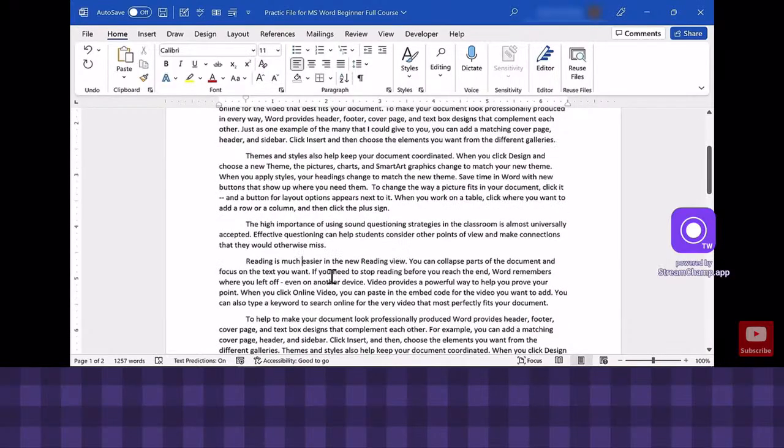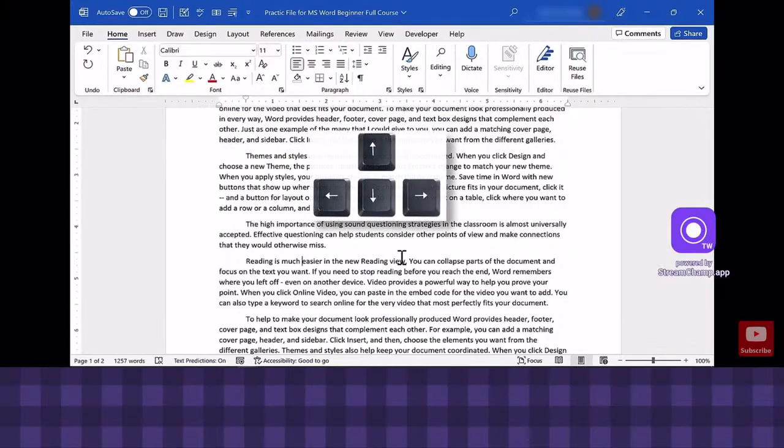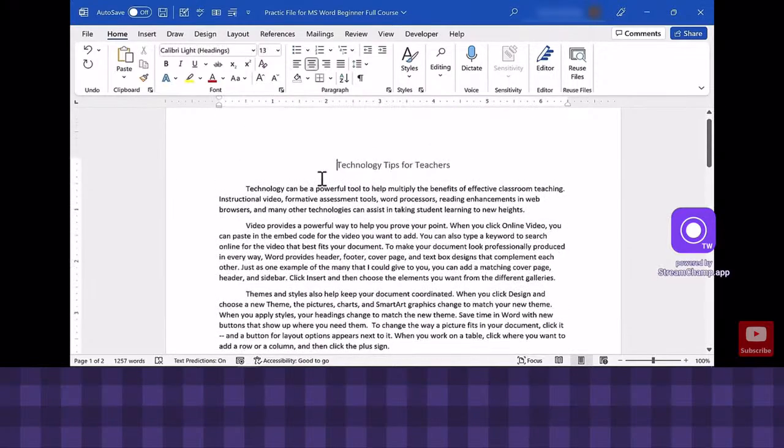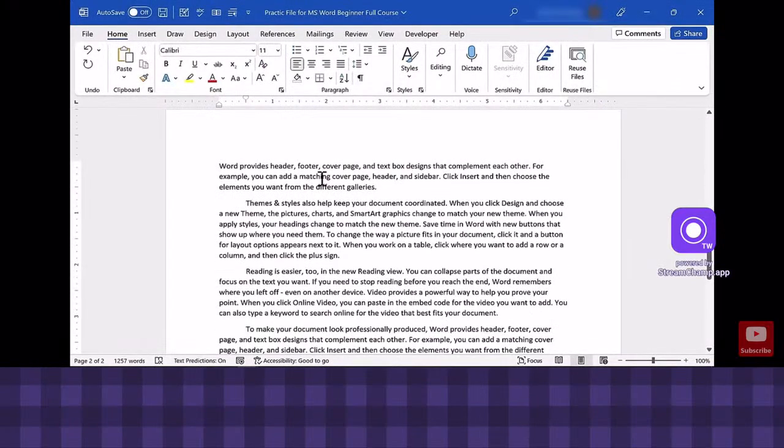Another way to navigate within an existing Word document is to use the keyboard. I can use the arrow keys on the keyboard to move down, to move to the right, left, and up. I can also use the page up and page down keys to quickly jump to the top of a document and to the bottom. Obviously, page up takes me up and page down takes me down. Another important thing to be aware of as you edit your document is if you make a mistake,